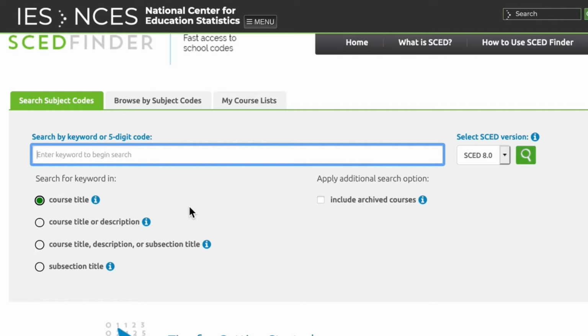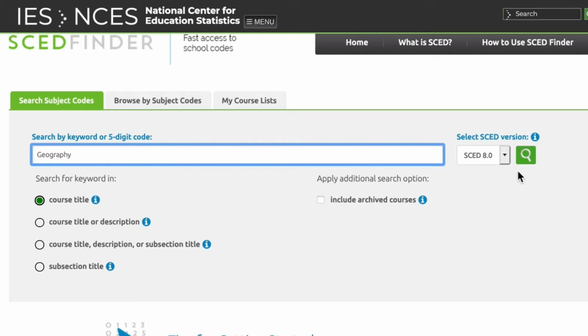You also have the option to include archived courses, which is particularly useful for agencies who are using an older version of SCED. The search defaults to the most recent version of SCED unless you change your search to an older version. If you are unsure which version you need, including the archived courses may increase the number of search results.